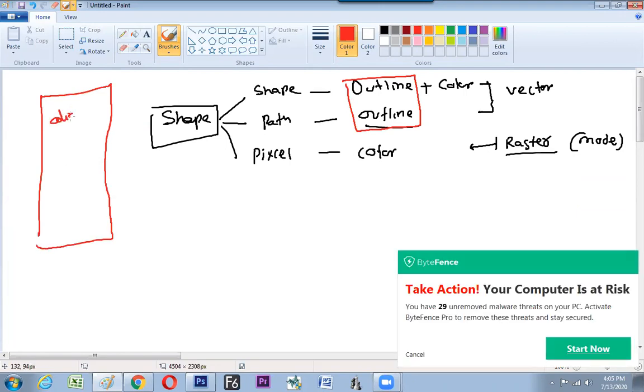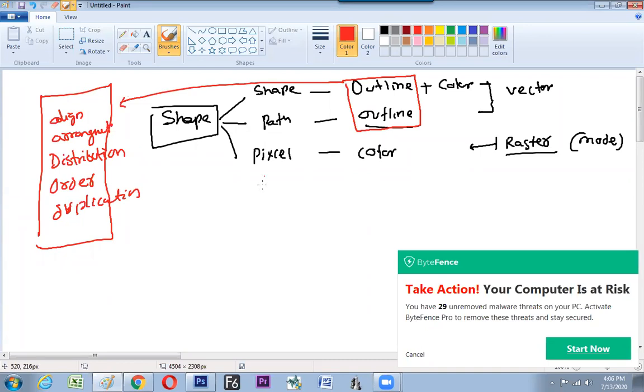Alignment, arrangement, distribution, ordering, duplication. So these are all the things we learned in the last class, these shapes. So these operations could be done with the outline or the shapes.